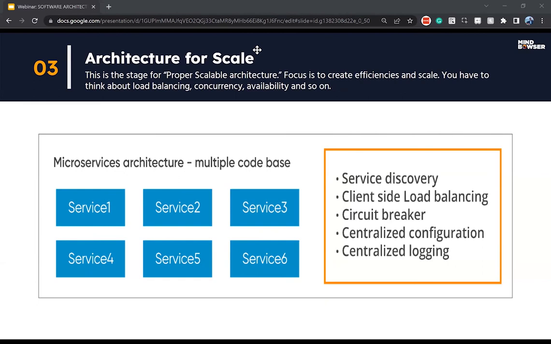And the centralized logging mechanisms, where logging has to be proper as a part of the monitoring mechanism. While logging, we should also follow compliances like HIPAA in healthcare, where the data is masked properly and all that. So when I say centralized logging, this is the logging across all the services. These are the things that we should follow when we split this into multiple services.